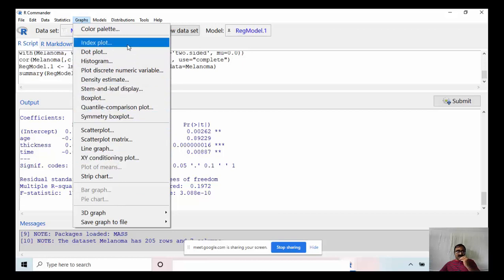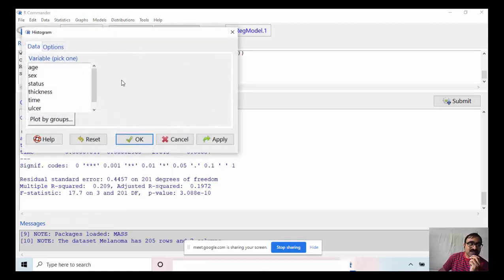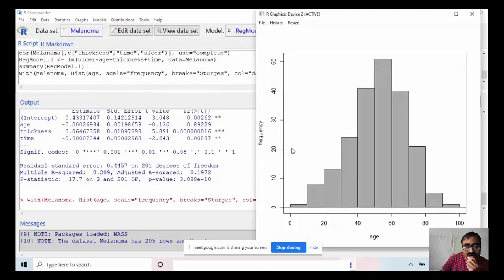Because I have to do a histogram, I select the histogram, and suppose I select the variable age. For the histogram, the variable should be a continuous variable. So I select age, then OK. So here this will be the histogram.